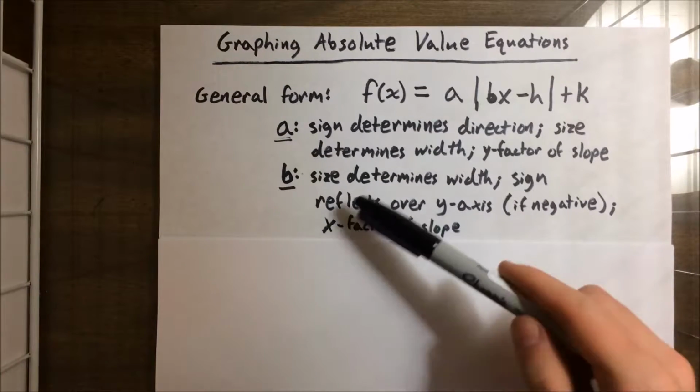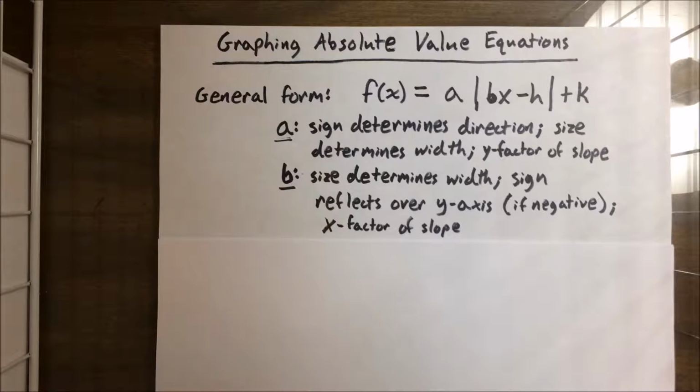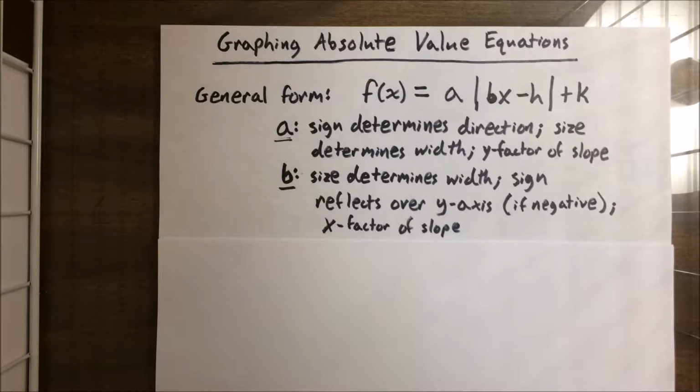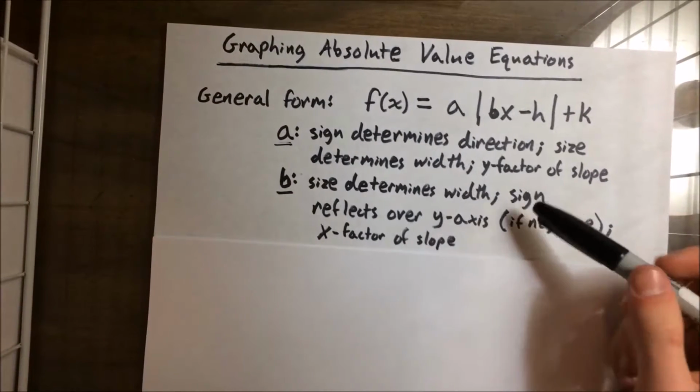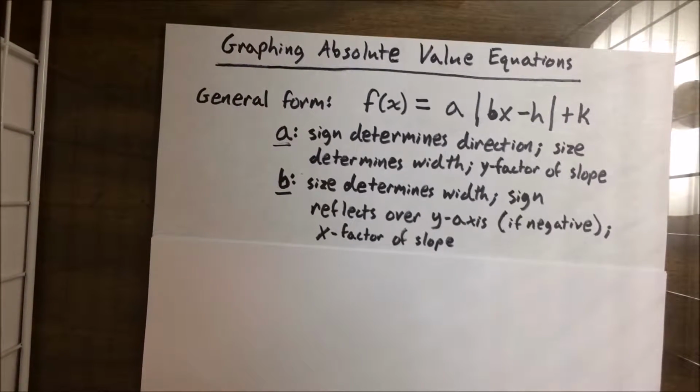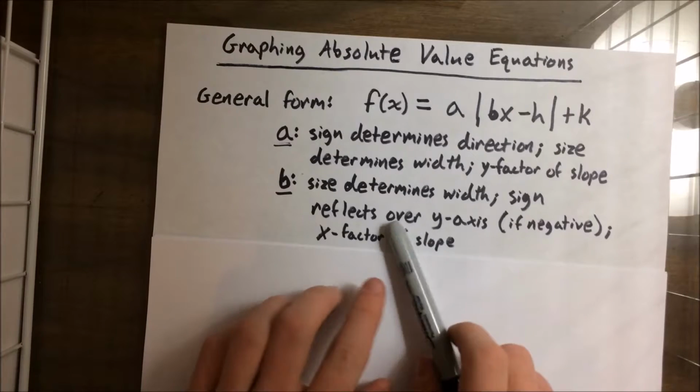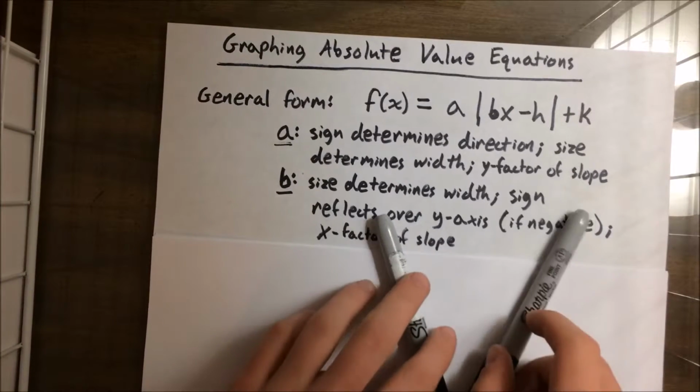With b, the size also determines the width. So as with a, as the absolute value of b gets farther away from 0, the graph gets narrower. And also, if b is negative, it reflects the graph over the y-axis. So if the graph were like this,